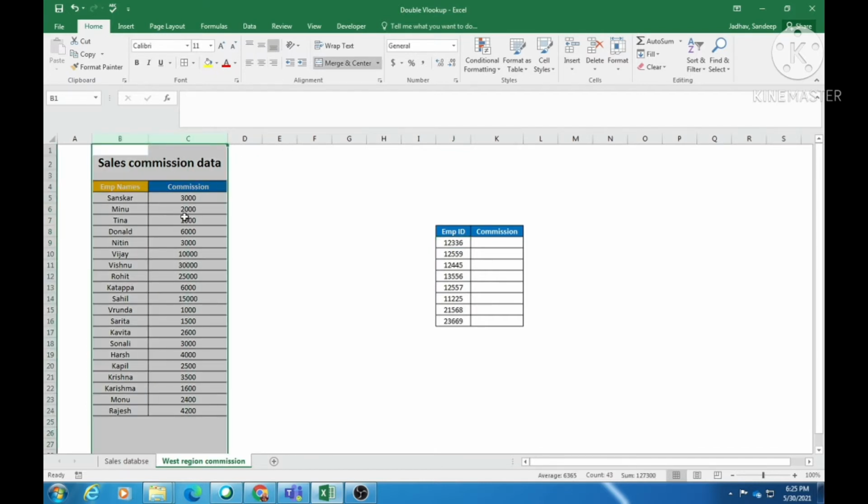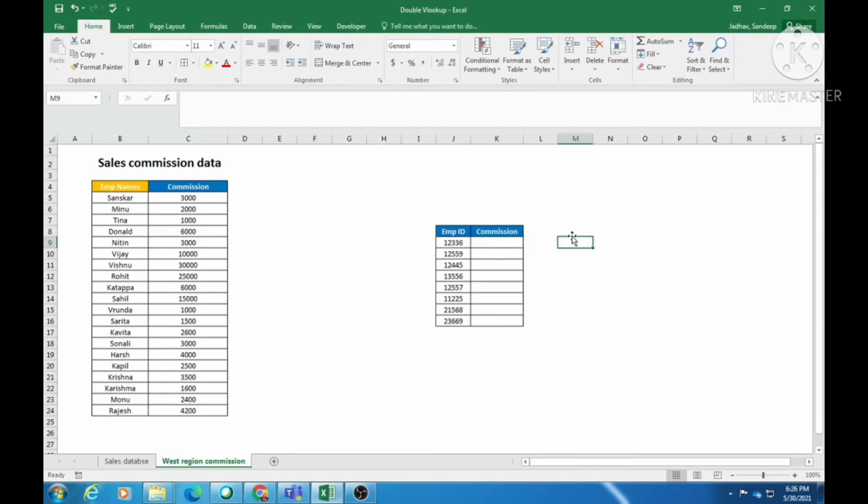So this is a very simple database that I am using here for the explanation. But when you actually work on big databases, it is very important for us to know how to handle this kind of situation. So here we can put the two VLOOKUP formulas separately and then get the commission.